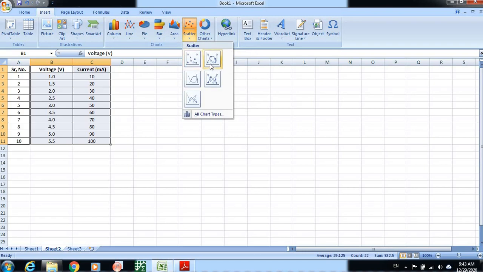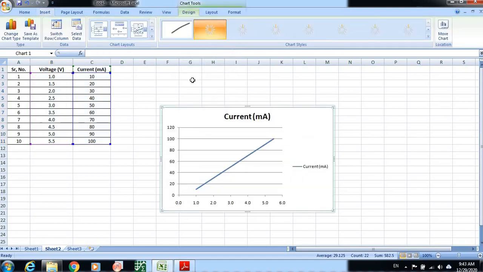If we need a point over there, we use this type of chart, and if we do not need the point, we use this chart. Normally we use this type of chart in experiments. If I click over there, that will give you the chart of voltage and current.